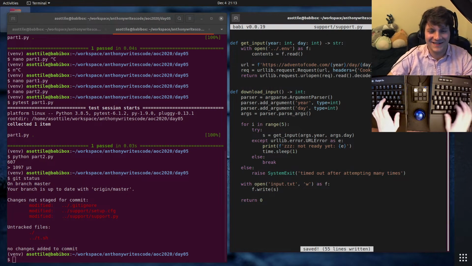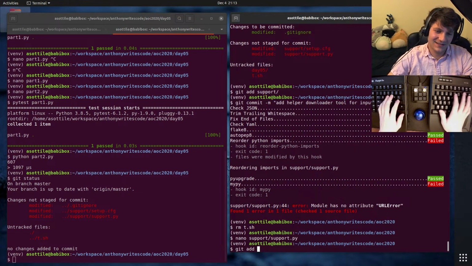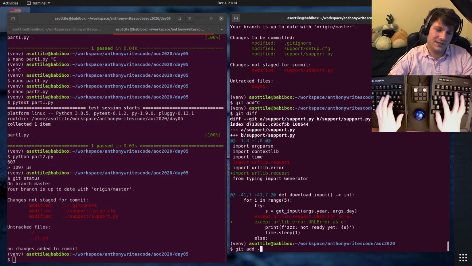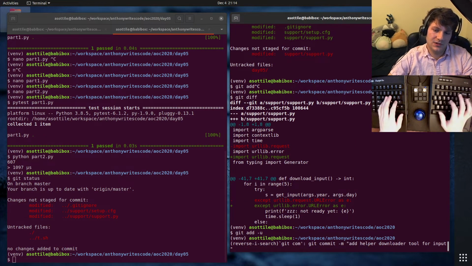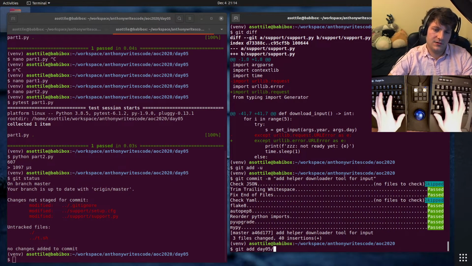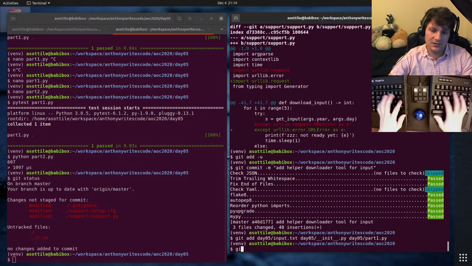I guess URLError is accidentally in that other module as well. So type checking is kind of useful. Git diff, git add issue. And helper downloader for input. Okay. Day05 input, day05 init, day05 part 1.